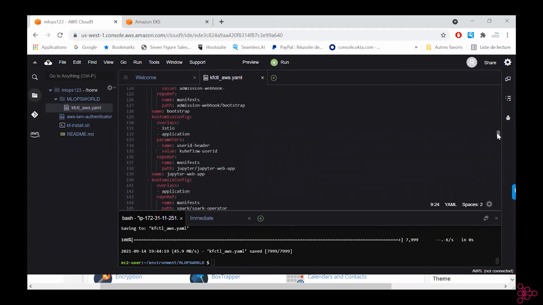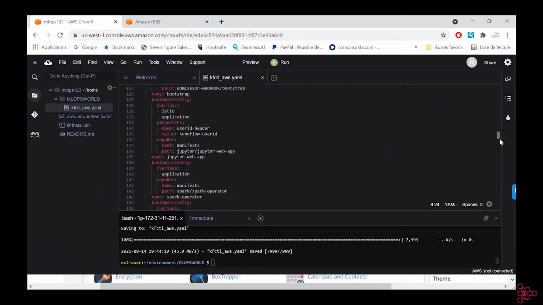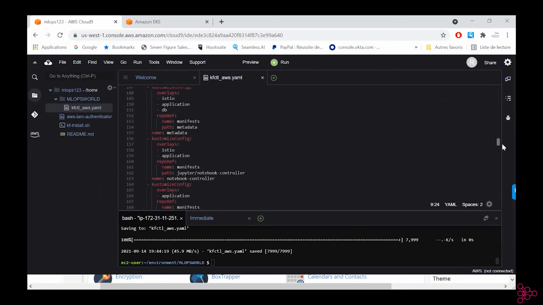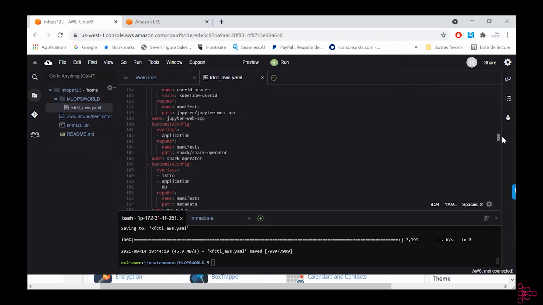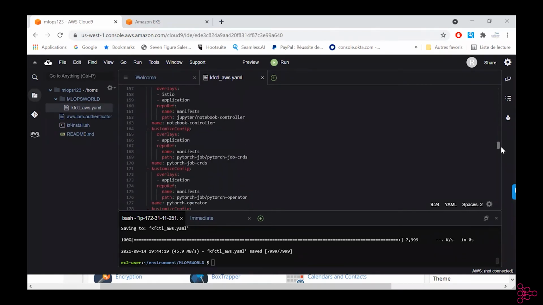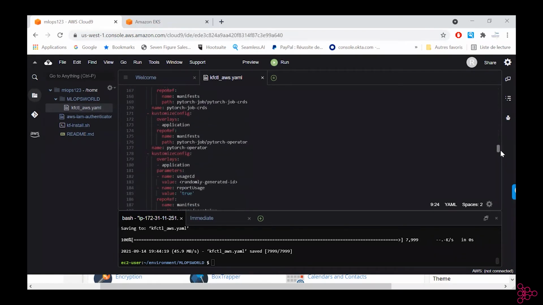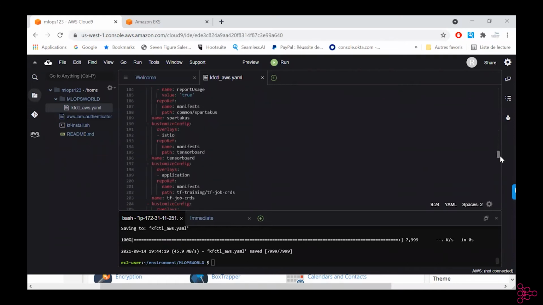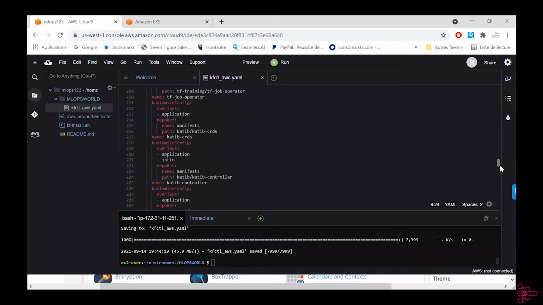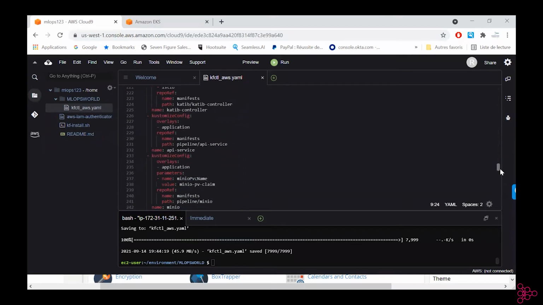I invite you to read the Kubeflow documentation if you want to have more knowledge, but others are optional. You have Spark here, for example, Spark Operator, Jupyter Web App, Jupyter Notebook, PyTorch. We have Seldon as well, TensorFlow Training, TensorFlow Job Operator, Katib is included in here.